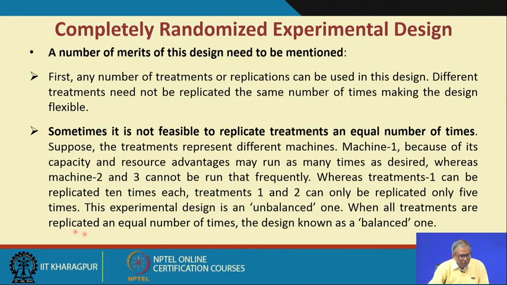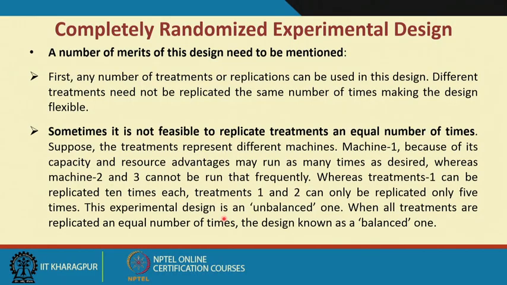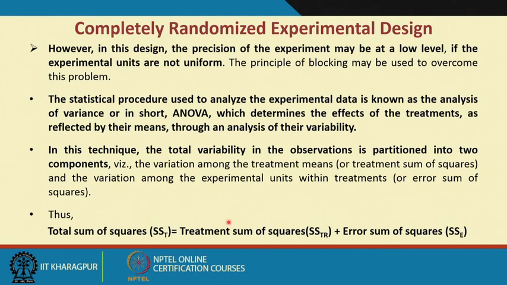When all treatments are replicated an equal number of times, the design is known as a balanced one. Though we always prefer a balanced design, due to some practical problems, many a time you may not have balanced experimentation. So, you go for an unbalanced experimental design. This is unavoidable in the majority of cases. However,